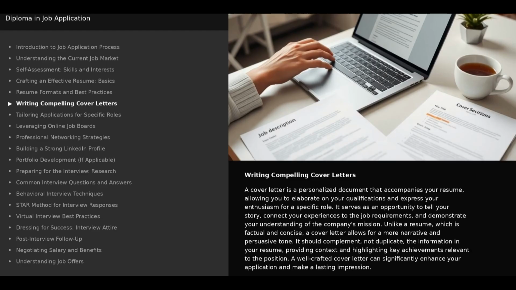Writing compelling cover letters. A cover letter is a personalized document that accompanies your resume, allowing you to elaborate on your qualifications and express your enthusiasm for a specific role. It serves as an opportunity to tell your story, connect your experiences to the job requirements, and demonstrate your understanding